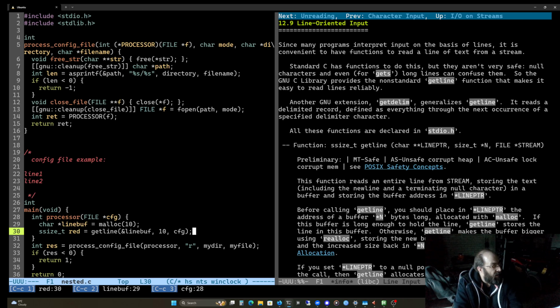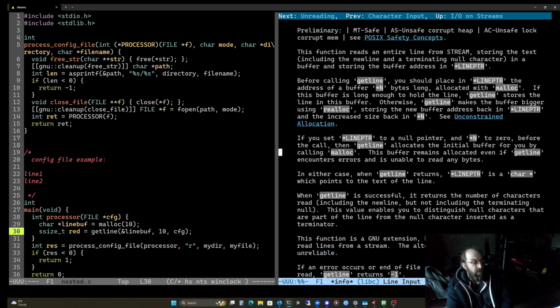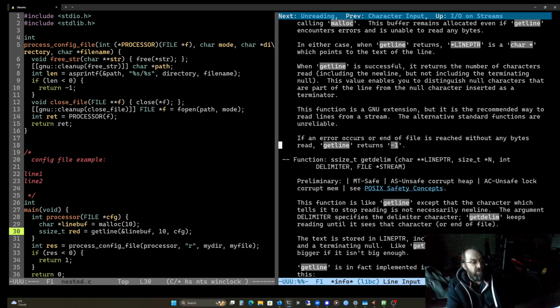Okay. So then, how does this signal? When getline is successful, it returns the number of characters read. This value enables you to distinguish null characters that are part of the line from the null characters inserted as a terminator. This function is a GNU extension.